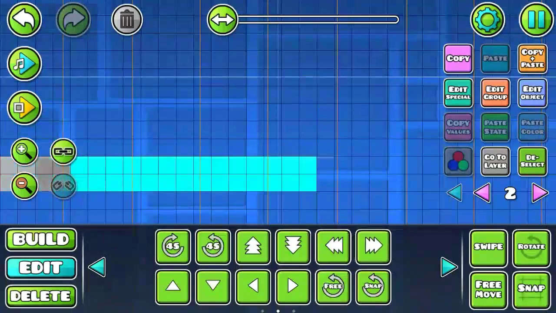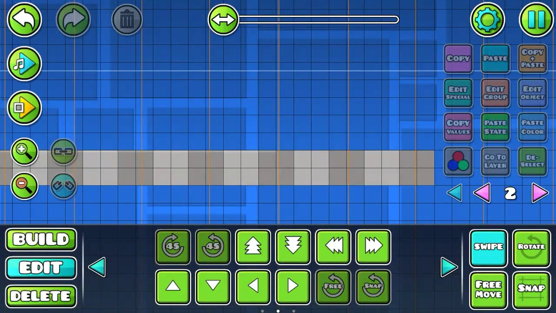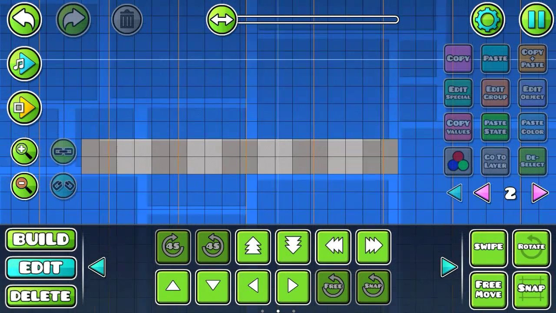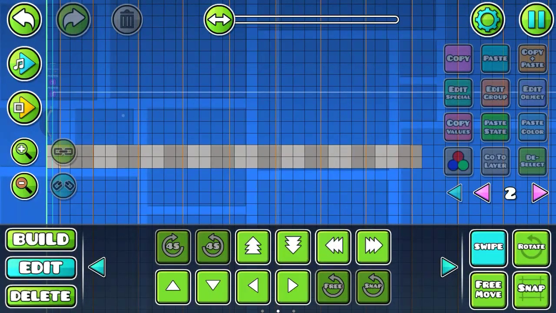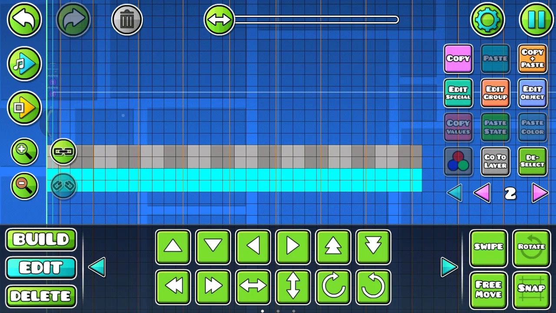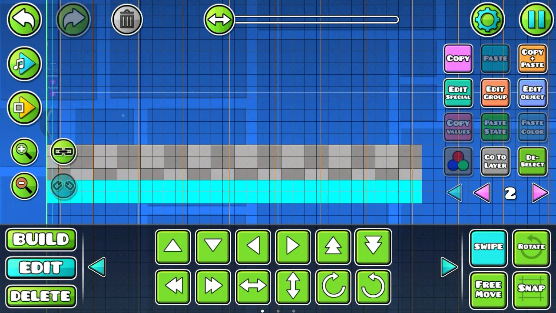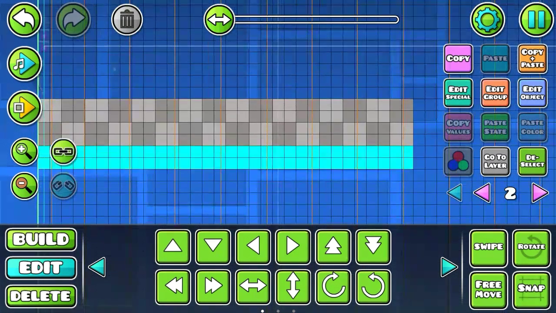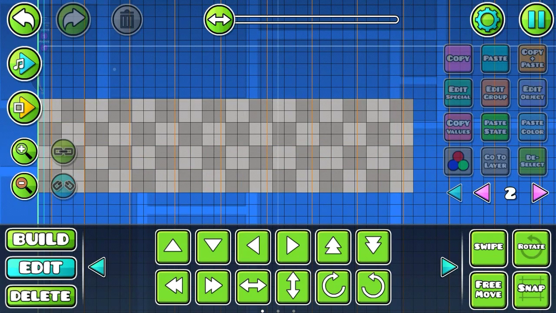Now we just delete all that, and here we go. So then we just copy this whole row and we flip it, making it stand out more like a checkerboard. And I usually do this at least 4 times. And there we go. So now if we go into the level now,